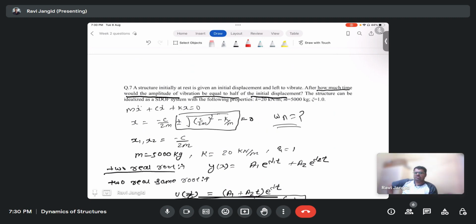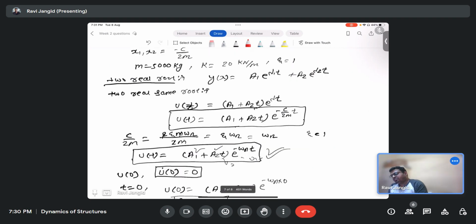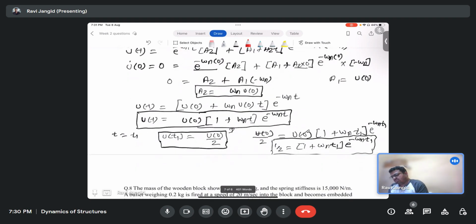Two? Is it 2? So that would come out to be 20 into 10 raised to power 3 by 5000. Okay, so these will cancel out, this one will be 4, so that will be 2. Okay, so now our equation becomes